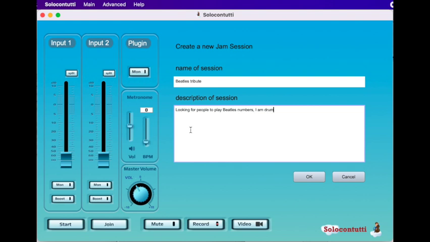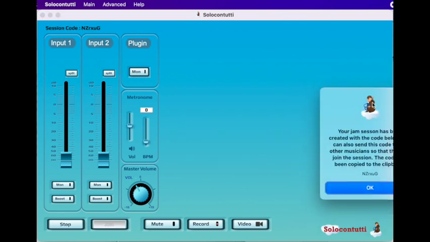I am a drummer looking for guitars and singers. So, that's fairly obvious, and of course there's no reason why you can't do Beatles numbers with 6, 7 or 8 people. So okay, let's create this, and now the jam session has been created,